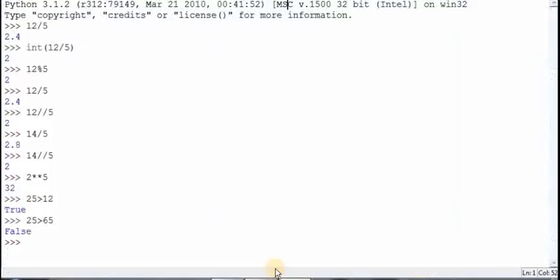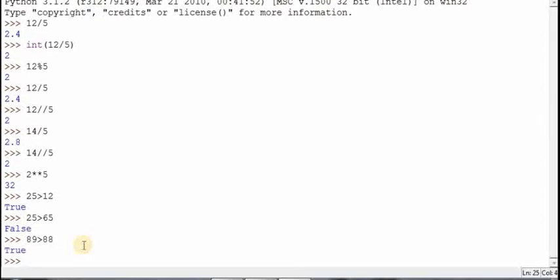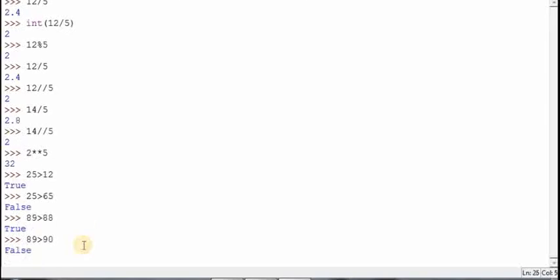Okay, let's take an example. Suppose I want to check 89 is greater than 88. This is a true condition, so it will return true. If I check 89 is greater than 90, it is false, so it will return false.